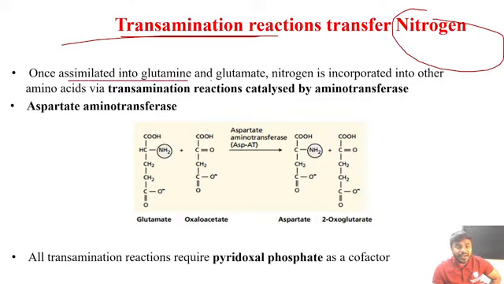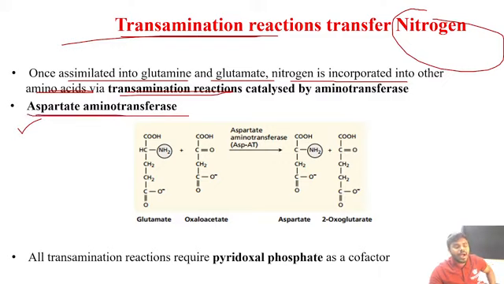Once assimilated into glutamine and glutamate, nitrogen is incorporated into other amino acids via transamination reactions. Now let's take a wonderful example. The enzyme involved here, my friends, you have to remember this. The example given here is aspartate amino transferase enzyme. What will this particular aspartate amino transferase enzyme do? See here, glutamate combines